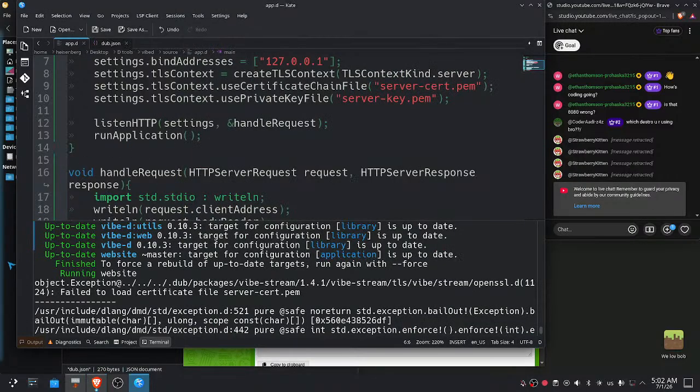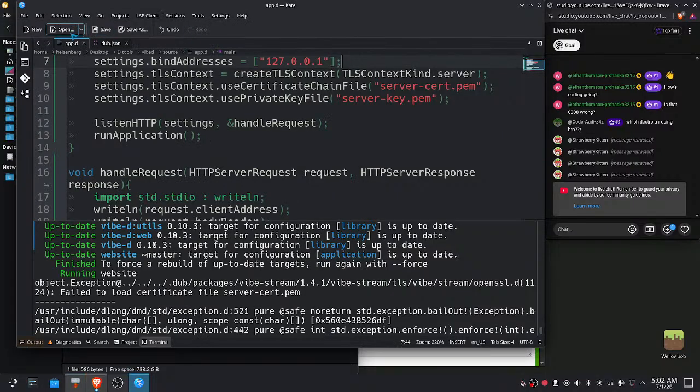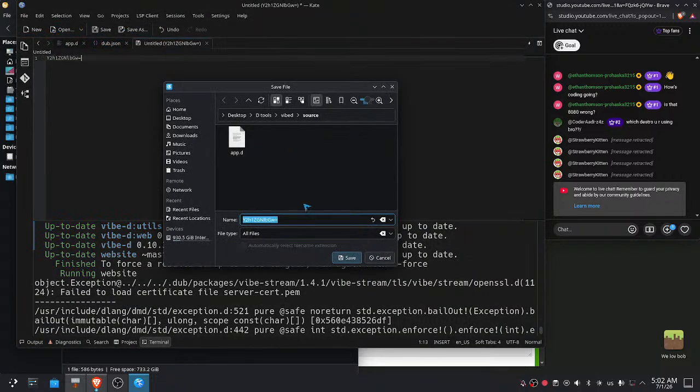And then go back to here. Create a file. Actually, no. Just do it in here. New. And call it, just paste this in here. And then save as. Keys dot how is it called? Server